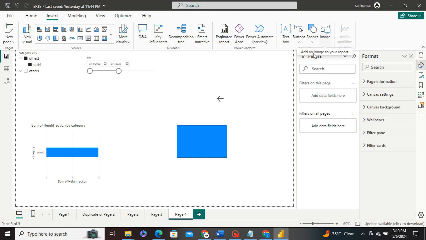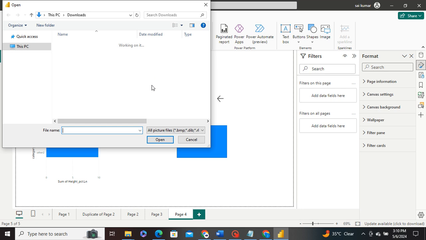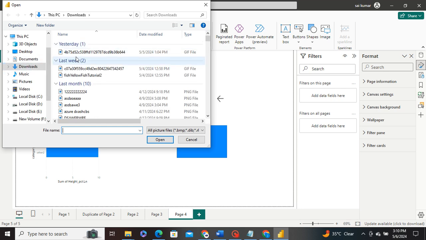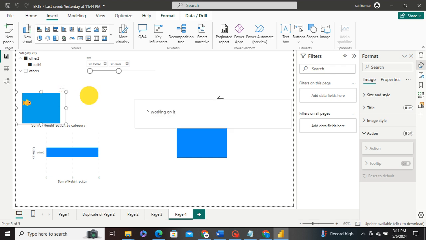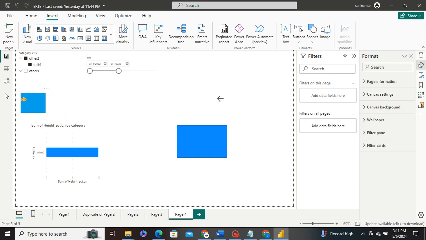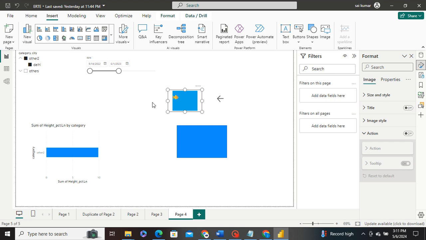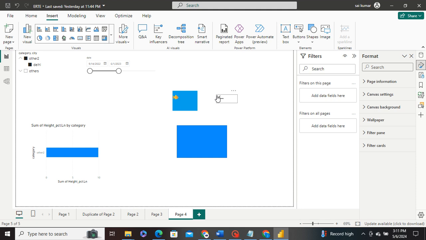Images. Images allow you to incorporate visual assets such as logos, icons, illustrations, or photographs into your Power BI reports. You can add images from local files or web URLs and position them anywhere on the report canvas. Images can be used to provide context, branding, or visual cues to enhance the understanding and engagement of report consumers. You can resize, rotate, and format images to fit your design requirements. Then next,